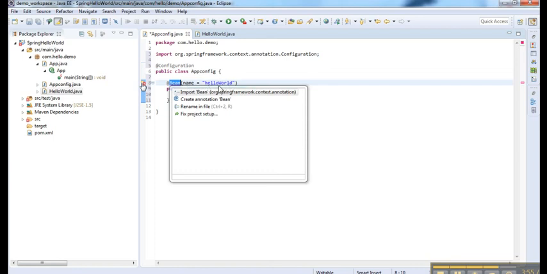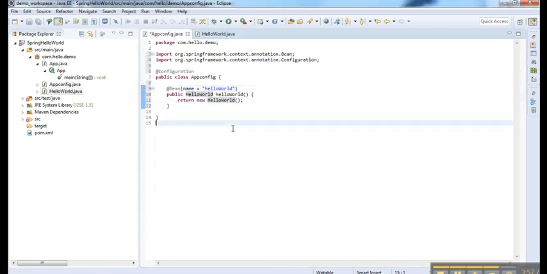This name you can use in your other classes where you are going to use the HelloWorld bean. You can give a different name also. So our bean reference is created, and the method is also there, which will return the instance of HelloWorld.